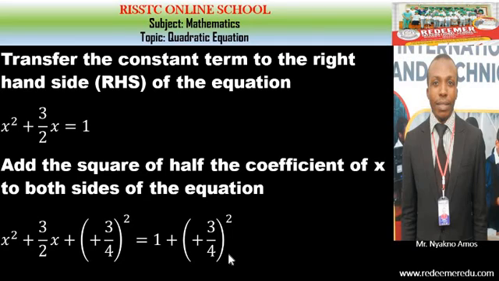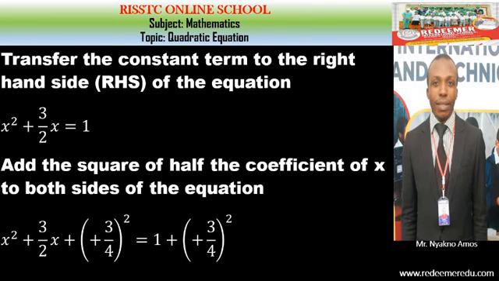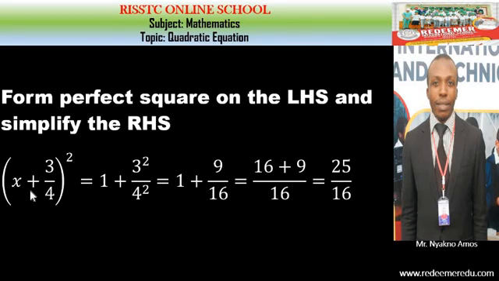Now step number 4, let's move together. Form the perfect square on the left hand side of the equation and simplify the right hand side of the equation. By perfect square here, I simply mean go to the place that you are having raised to the power of 2. You have here x raised to the power of 2 on the left hand side of the equation. Here you have plus 3 all over 4, all of them raised to the power of 2. Ignore the middle term here that does not have the power of 2. Pick the one with the powers of 2 and form a perfect square with it. So that you are now having x plus 3 all over 4, all raised to the power of 2,